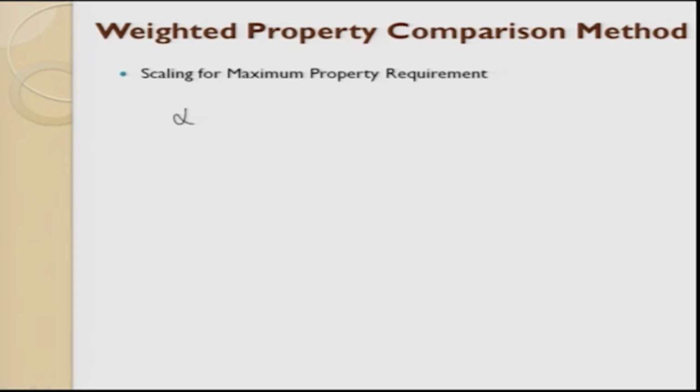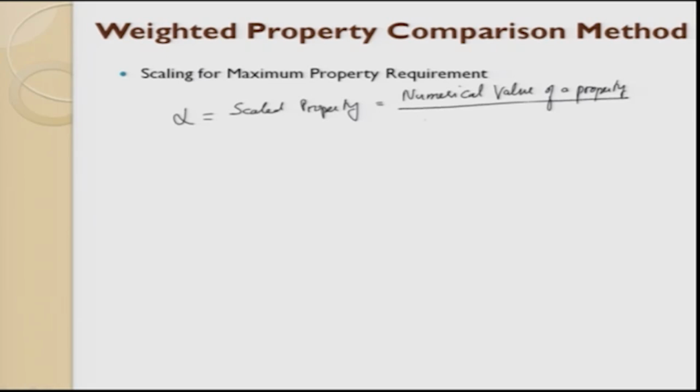Maximum property is defined as a term called alpha, which is the scaled property, equal to the numerical value of a property divided by the highest value in the same category,